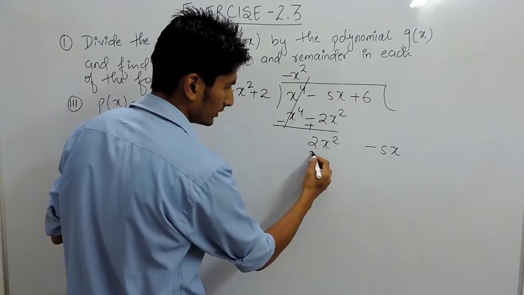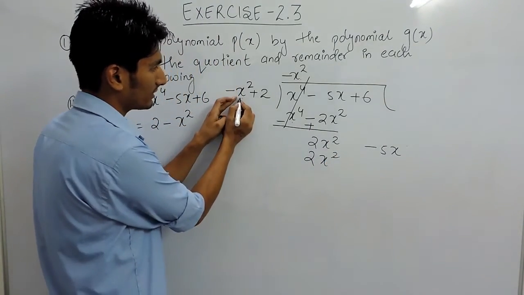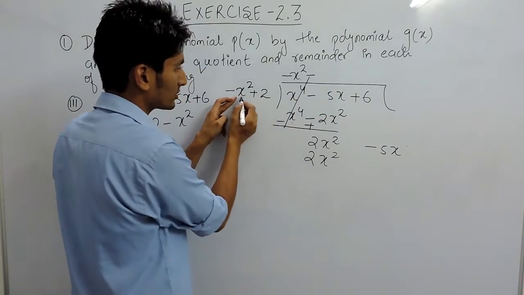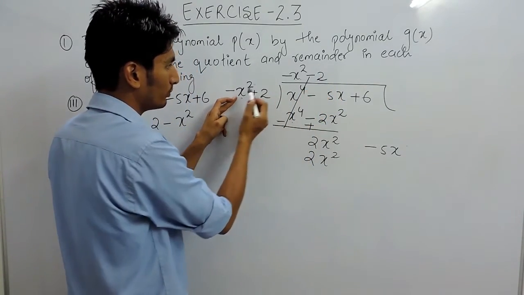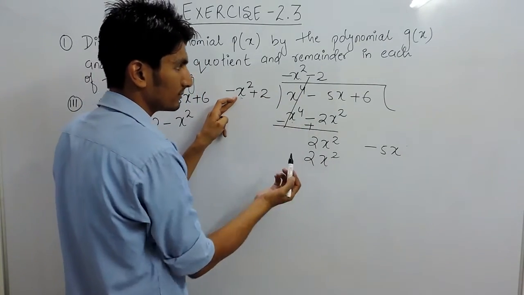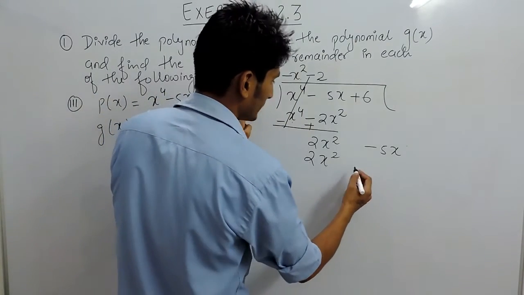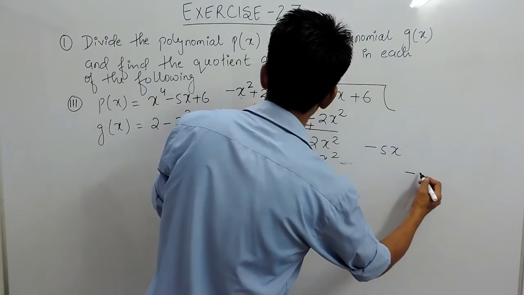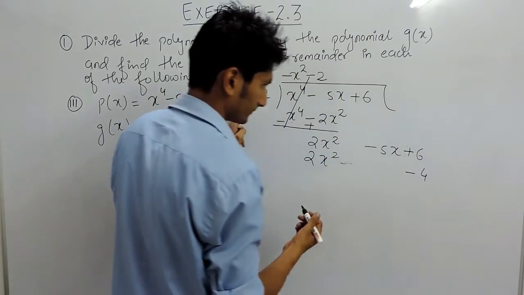Okay, now you have to make 2x square. For that you have to multiply it with something with x square. So obviously there is already x square. So just you have to multiply it with minus 2, because minus 2 multiplied by x square is minus 2x square, minus is plus. After that this is multiplied by this will give minus 4, and this positive 6 is written here.